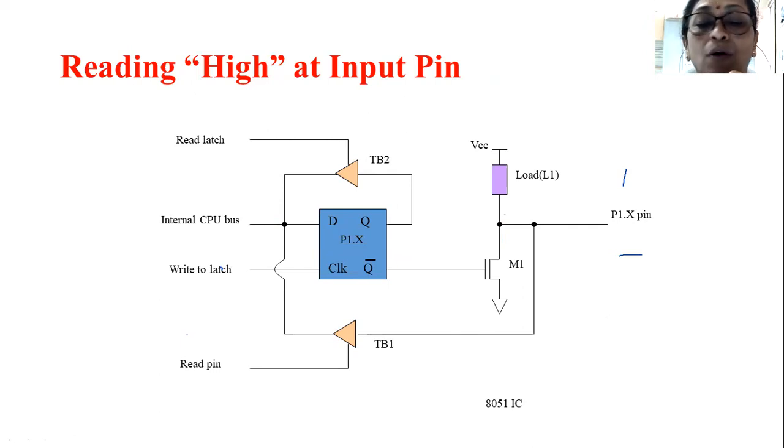So this is how we write logic 1 and logic 0 to the port pin of the 8051. Okay. So while writing logic 1, what do we have to write? We have to write logic 1 at the D input of the flip-flop, provide write to latch, that means provide a clock. When this clock or write to latch is applied, Q will become 1. When Q becomes 1, Q bar will become 0. When Q bar becomes 0, this MOSFET will be in off condition and therefore it will act as an open switch. And when this is acting as an open switch, the whole voltage VCC will be available at pin P1.x and it will be at logic 1 condition.